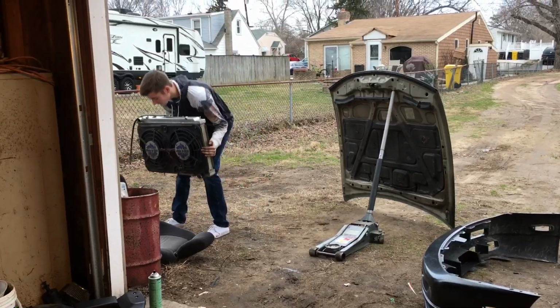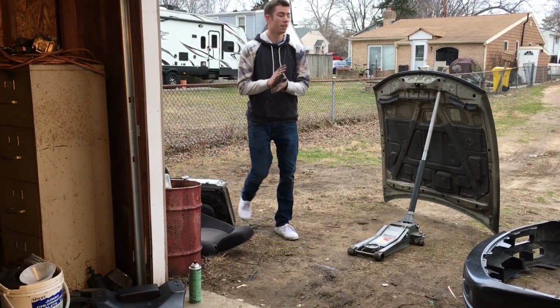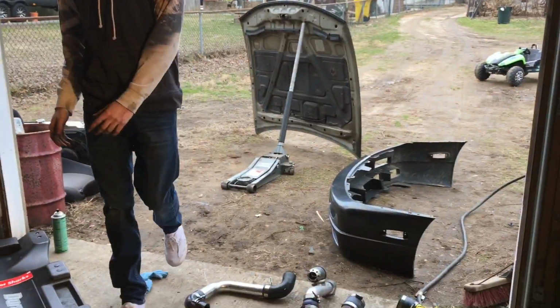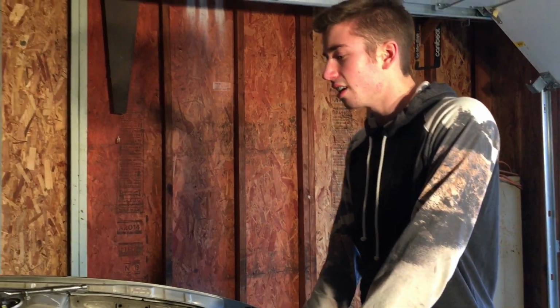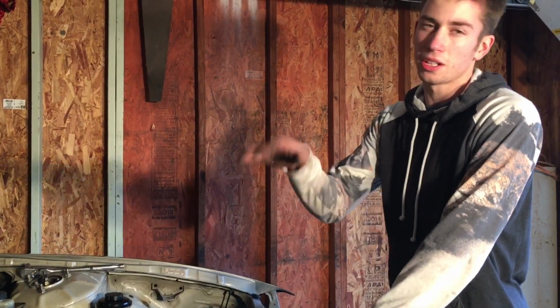Literally, actually 2005. Because that's when this SR20 was put in here. So we got so many parts laying around. We're actually pretty organized. This is probably the most organized engine pull I've ever had. So, engine is done. Besides the starter, we have to lift it up a little bit to get to the